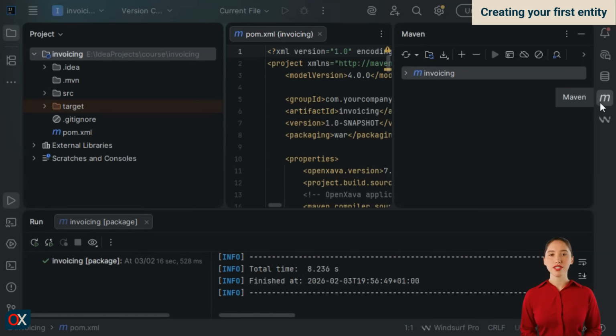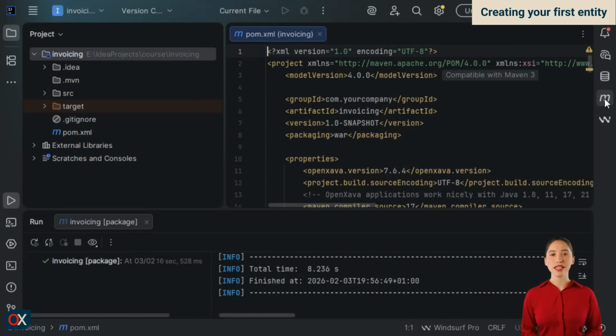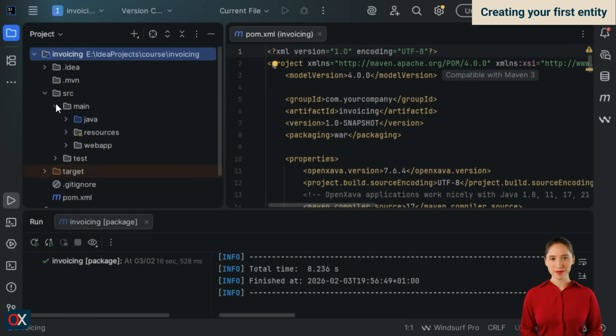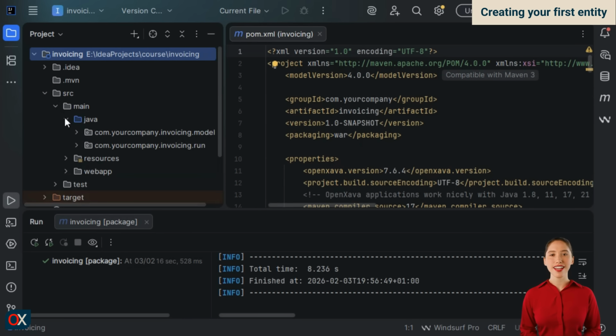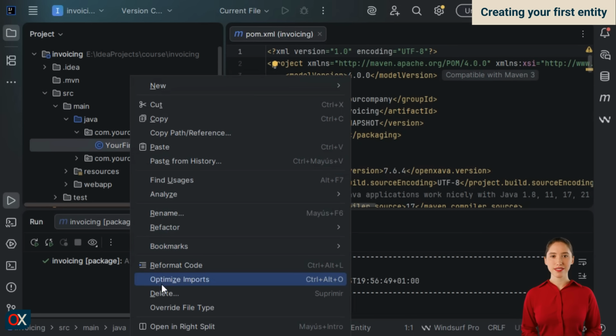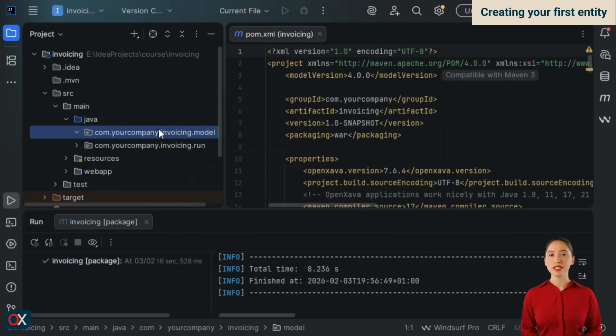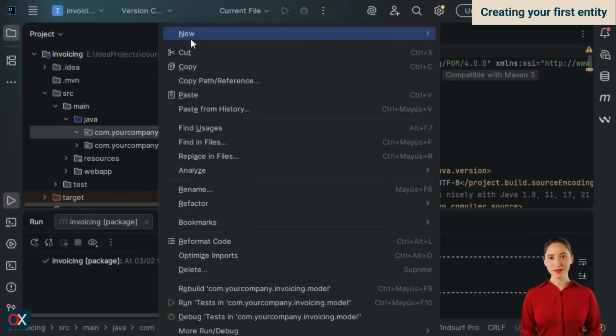We close the Maven view to have more space. We open the src folder in the project. Then main, and then java. And there, the package com.yourcompany.billing.model. Here we find the YourFirstEntity class. Let's delete it. Now we position ourselves in the model package, open the context menu, and choose New,